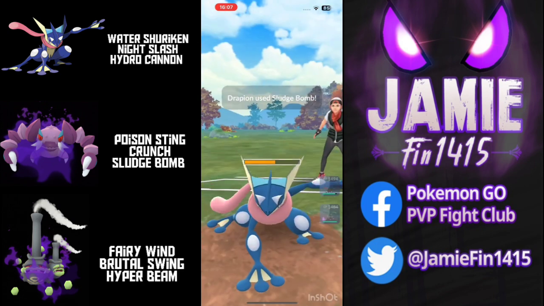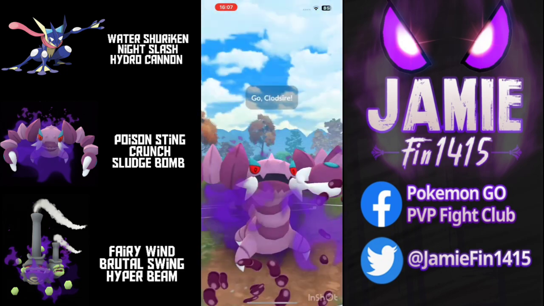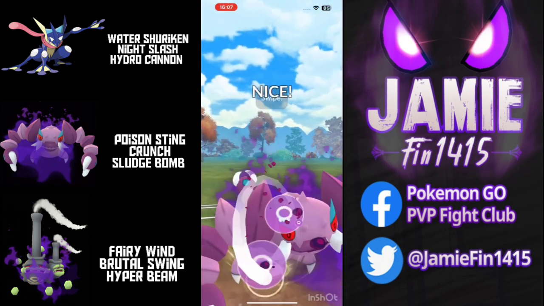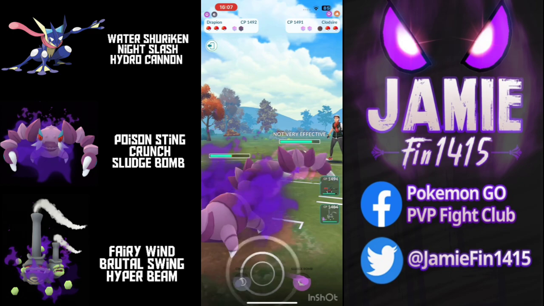Trainer is just a crunch. It's just a crunch. The opponent shows no respect. We take back switch and leave with so much residual energy. Out comes Clodsire. This is definitely a situation you don't want to throw a Sludge Bomb, as ground does resist